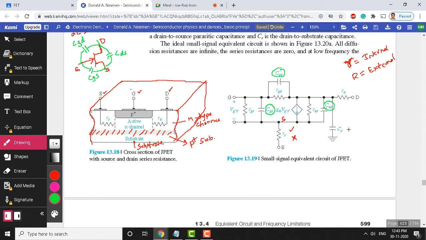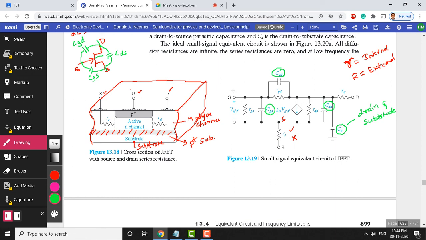What is that capacitance? This is CS, a capacitance between drain and substrate. The fourth terminal we have not shown here. Normally the fourth terminal is the substrate, and between the drain and substrate you will have a capacitance here, which becomes difficult to draw, but that is the capacitance CS. Substrate is a foundation material. So this is the substrate, and between drain and substrate you see this capacitance.